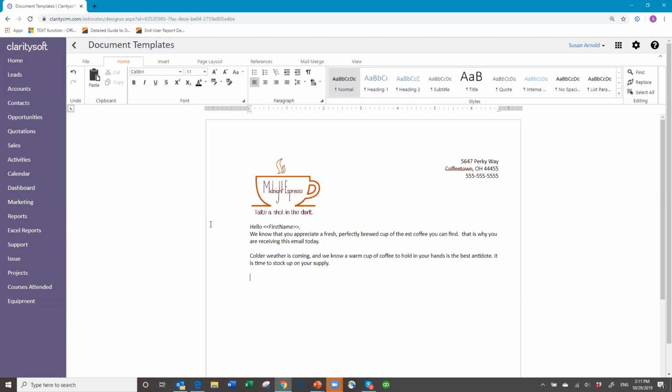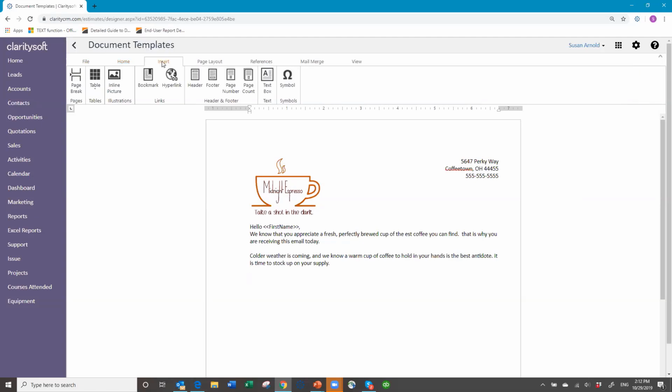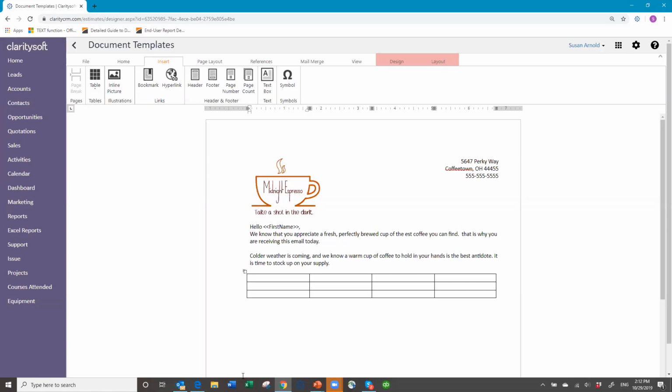So now I want to insert a table, and just like in Word, this is under the Insert menu or tab, and you go to the table, and it works the same way where it gives you the little grid, and you can choose how many columns you want and how many rows you want. Actually, I want 4. Well, I'm going to do 3. And when you click it, you get your table. All right. So then you can type in